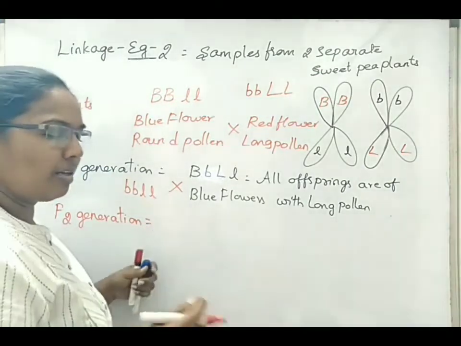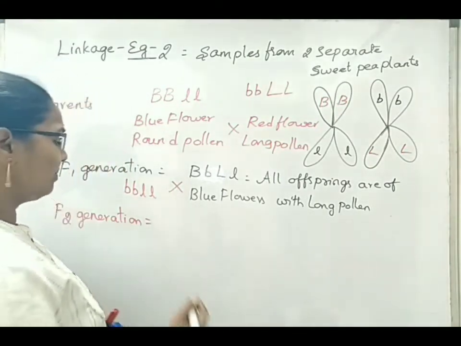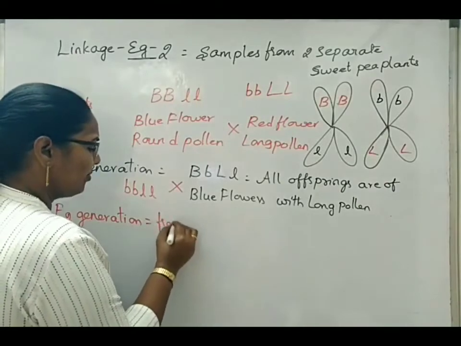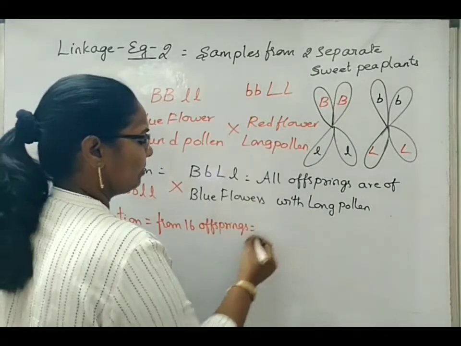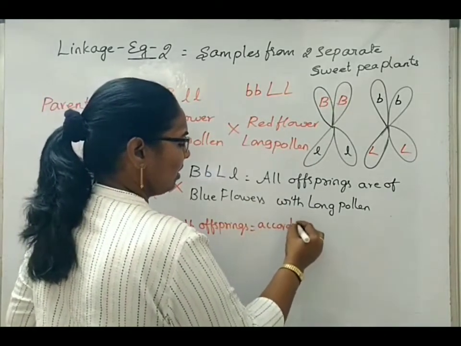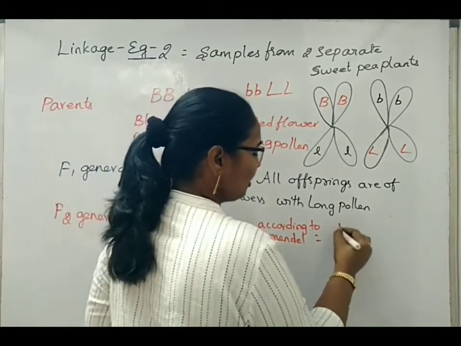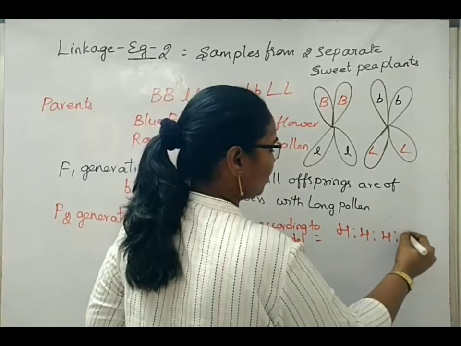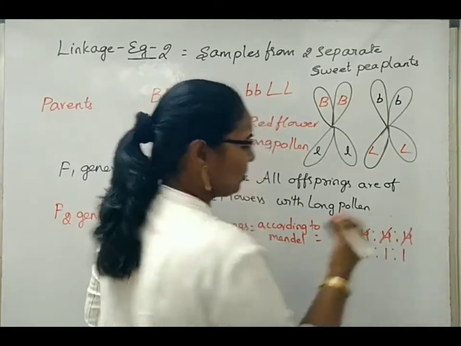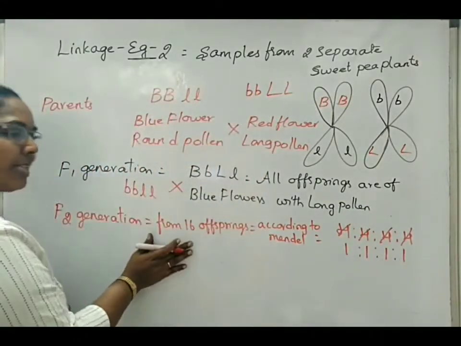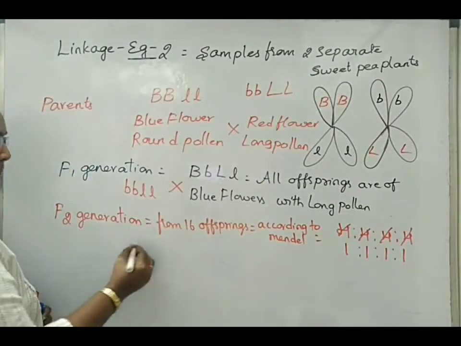Already we know the dihybrid cross according to Mendel, the number of offsprings is 16. So from 16 offsprings, according to Mendel, the ratio is 4:4:4:4. If we simplify this, we get the ratio 1:1:1:1. This is the expected ratio by Bateson and Punnett in the same type of cross. But